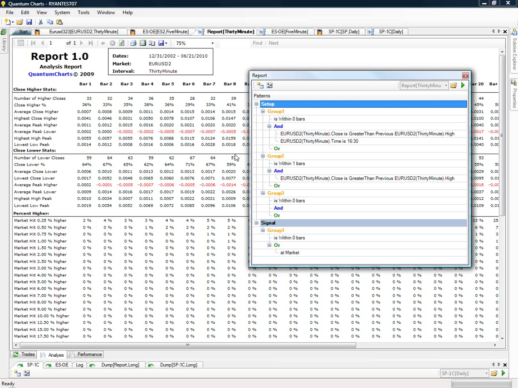Not only do you have the ability now to research strategies and ideas and just play with it, you don't even have to come in with a